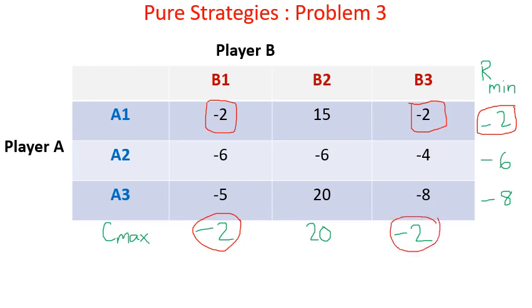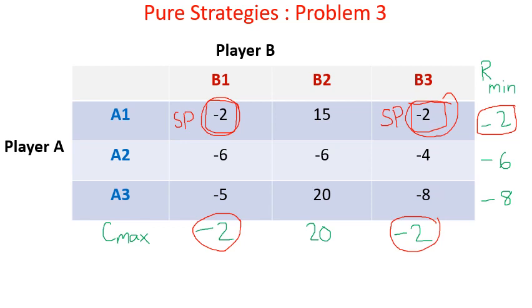So again you can circle this also, you can circle this. So you can see here there are 2 saddle points for this particular problem. One saddle point is here, another is here. So one of the notes we saw in our previous session is that a game may have more than one saddle point. It is possible that games may have more than one saddle point. So this is a typical example of a problem having 2 saddle points.